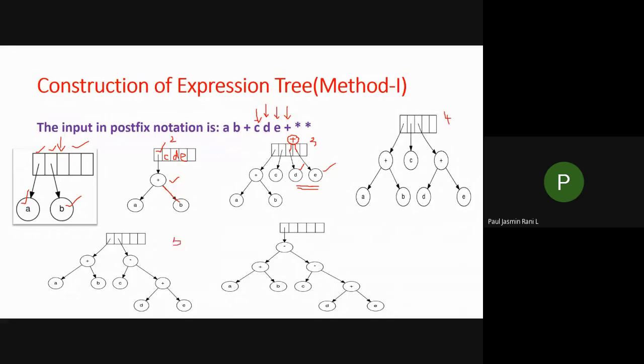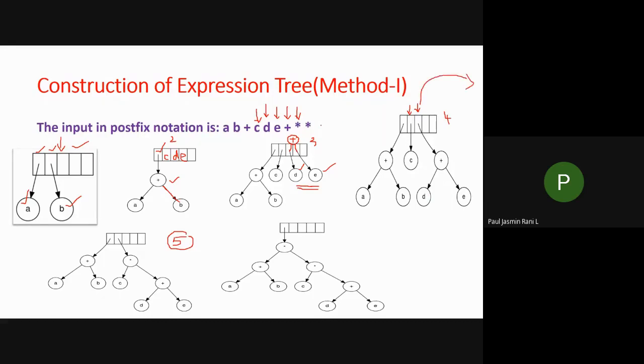Now I am going to do your fifth diagram. Let us see what happens here. If plus is over, the next input is the asterisk. Now the asterisk is your operator. If it is an operator, again you have to remove two elements from your stack. This is your topmost element and this is your next element. What is your first element? You have a tree data structure, that is plus DE. This is your tree data structure.